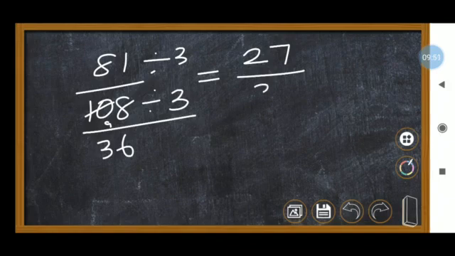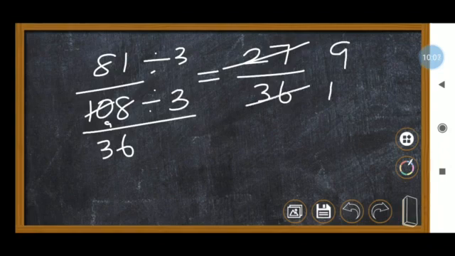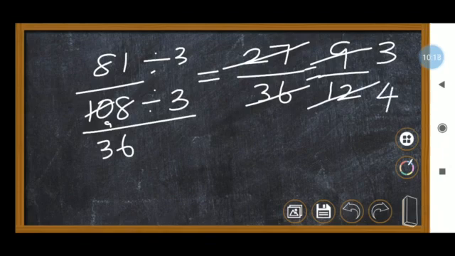Okay, so what answer are we getting? 36. You can divide, just check it. 108 divided by 3, what answer are you getting? That answer you have to write here. So anyway, further we have to divide by the third table. So 9 3s are 27 and 12 3s are 36, so 9 by 12. Still we can divide by the third table: 3 3s are 9, 4 3s are 12. So what you are getting finally is 3 divided by 4. Now after this we cannot divide by any other number other than 1, so we have to leave it here.